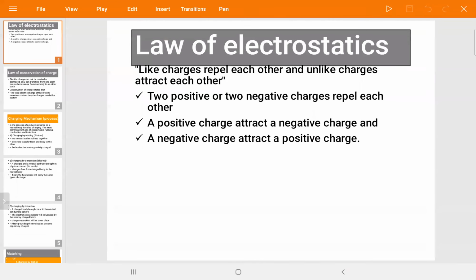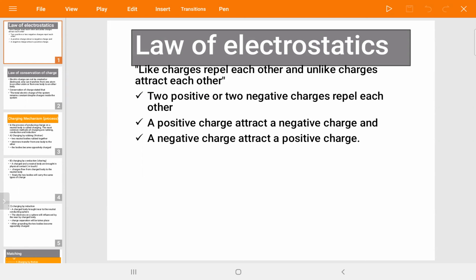In the last lesson, we started talking about electrostatics, which is the study of electric charge at rest. A body can be neutral or it can be electrically charged. The body has two possibilities: it can be neutral or it can be electrically charged. When you say a body is neutral, we can even start from the atom.